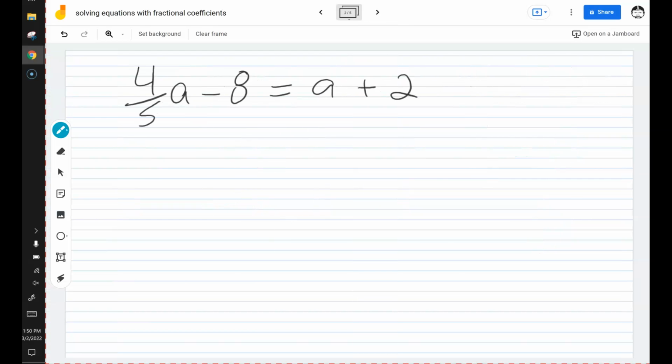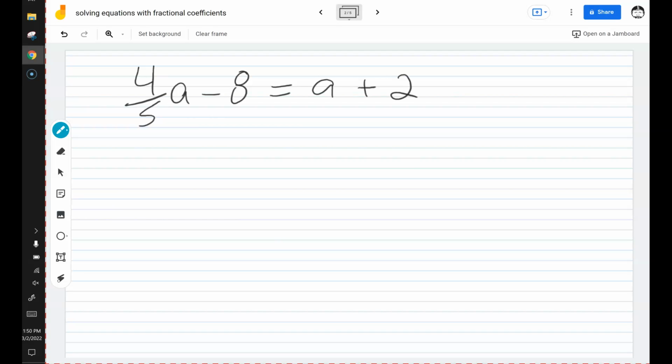So here we've got an equation. We need to solve for a, and we've got this really ugly 4/5 in our equation. Now, we could subtract 4/5 a from both sides of the equation, and then on the right we'd have 1 minus 4/5 gives us 1/5 of an a. And you know, that's not terrible in this equation, but there's a better way that's going to help us for uglier equations, and that's going to be to get rid of the fraction, get rid of these